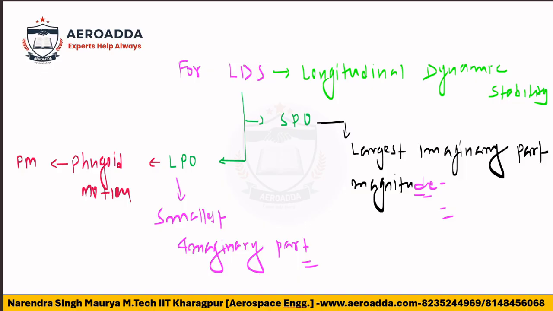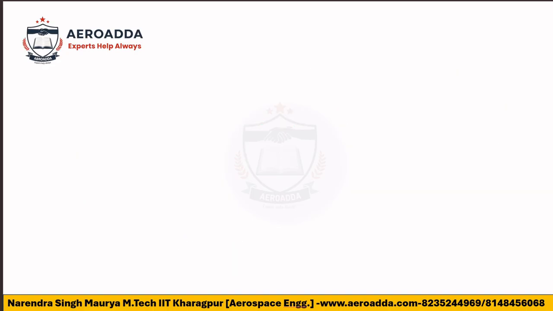Last class I explained what the short period oscillation and the long period oscillation are. The long period oscillation is the phugoid motion. For the phugoid motion, I have derived the formulas. I had shown the time period as well as the natural frequency, and also the damping ratio for the phugoid motion. Remember, that is very important. Now I will be writing here